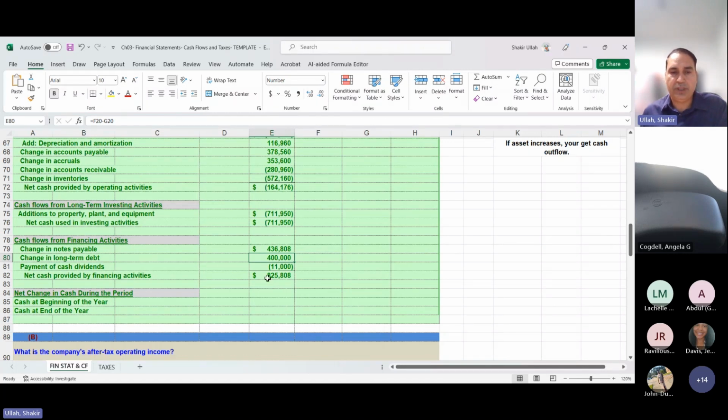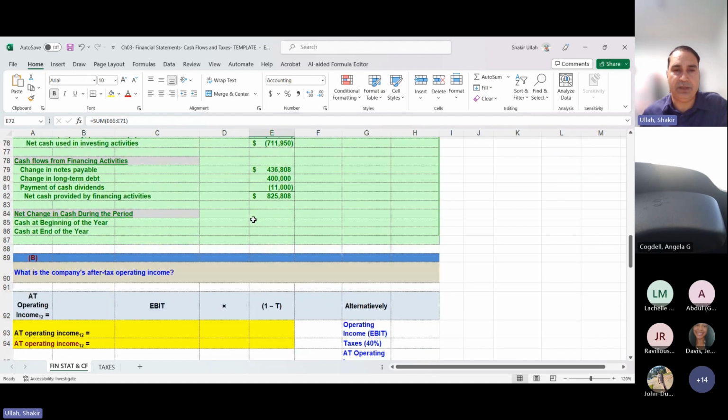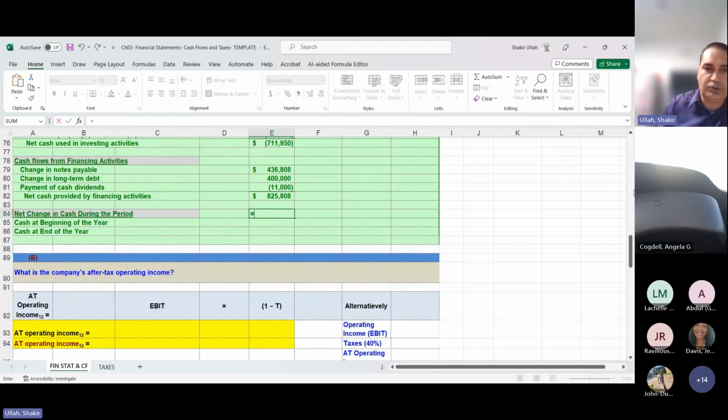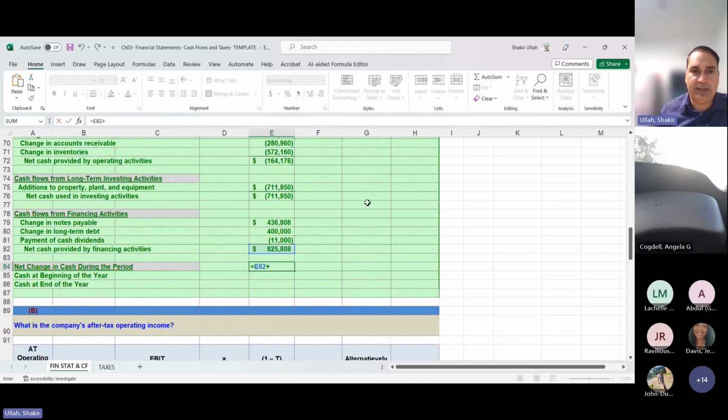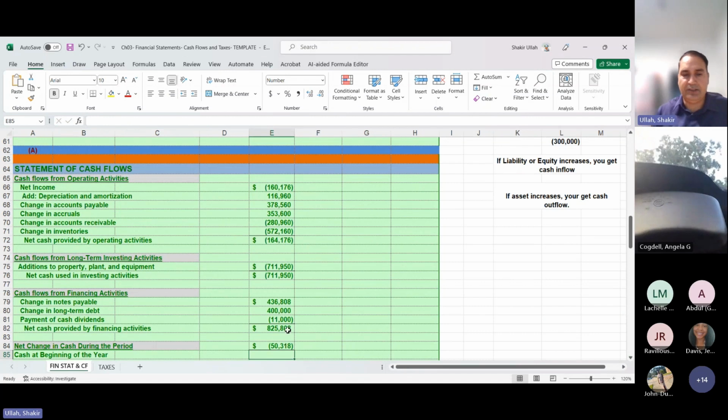Okay. Now, what is the net change in cash as a result of this year's operations? Of course, we generated 825,000 from financing, but we spent 711,950 in investing. And we also burned 164,176 in operations. So we add all of these numbers together, and that will be the net change. It equals the balance from the financing activities plus the balance from the investing activities plus the balance from the operating activities. Press enter and you get that number,